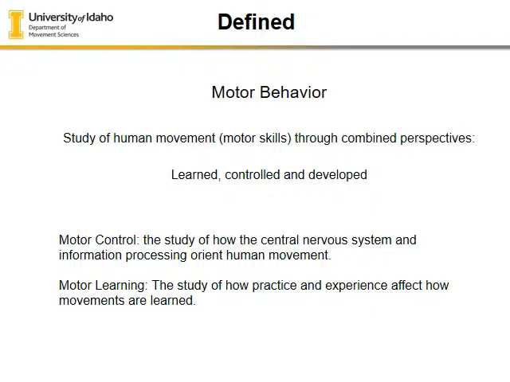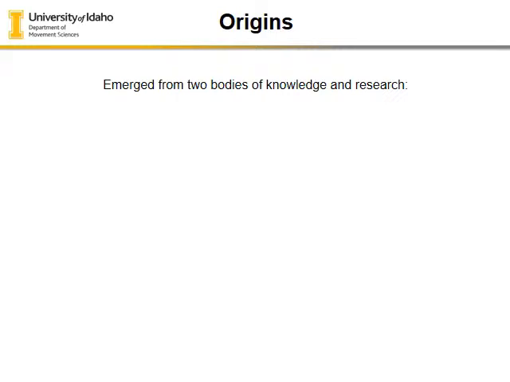Motor learning is simply the study of how practice and experience affect how these movements are learned, right? So there's ways that we can structure practice. There's ways that individuals, whether you're novice or experienced or advanced, elderly versus young, and how that also affects how you learn the movement. If we look into the foundations of motor behavior and motor learning, we really look at and identify two areas of research that emerged back in the 70s,